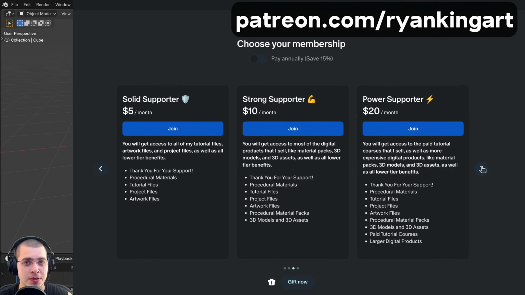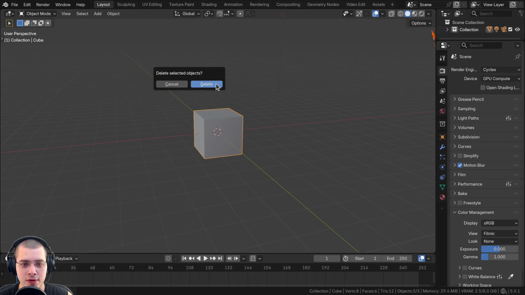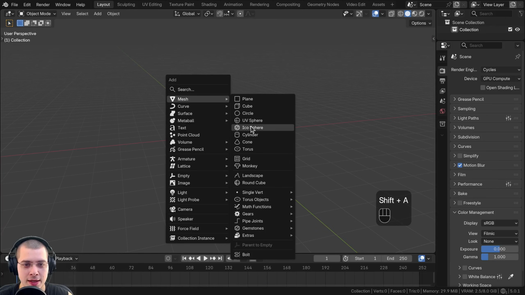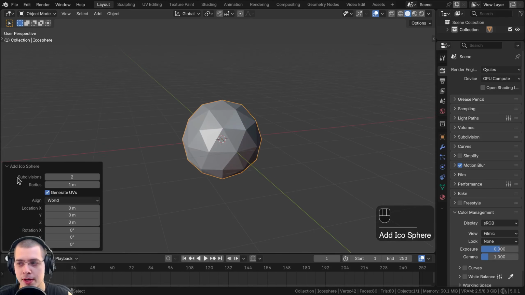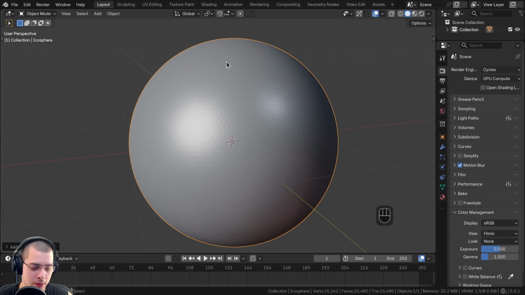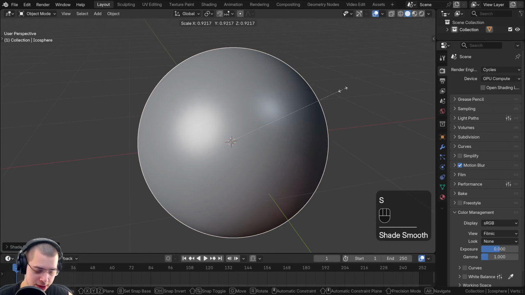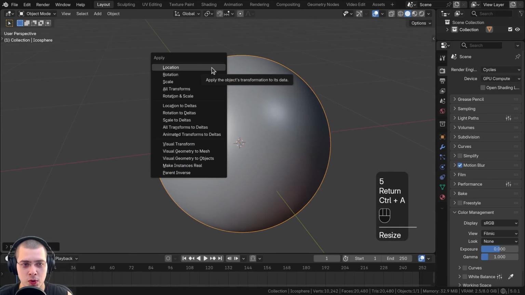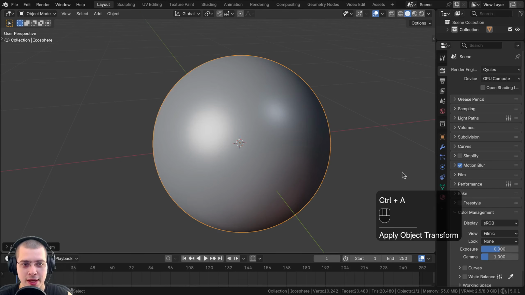So what I'm going to do is just delete everything here in the scene, and I'll go to the add menu and add an icosphere. Then on the icosphere settings, I'm going to turn the subdivisions up to like a 6 so it's nice and smooth and round, and then I'll use the object context menu and shade it smooth. Then I'm going to scale the object down by 0.5, so it's just half the size, hit Control A, and we're going to apply the scale,